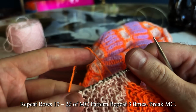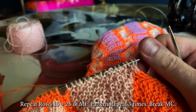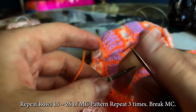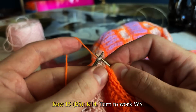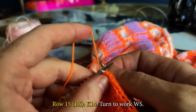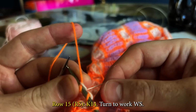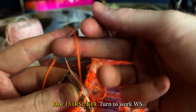Repeat rows 15 to 26 of the main color pattern repeat 3 times. So we're going to work with the main color again. Row 15, knit 14. 1, 2, 3, 4. And as I work these first stitches, once I get to that 4th stitch, I'm going to start doing the